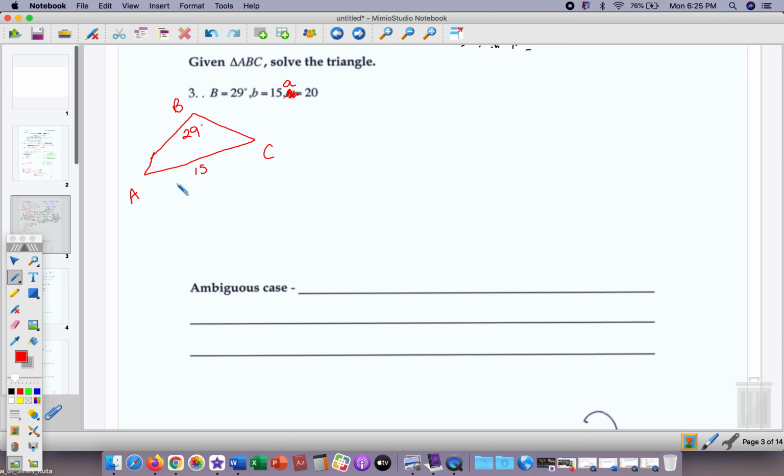A is 20. Okay, if we look at this from 15, as we go left from 15, when we start at one value, we have 15, then we hit 20, which is a side, and then we hit an angle. So we're looking at a side-side angle. Remember, these were starred. The possibilities: there could be 0 solutions, there could be 1 triangle, or there could be 2 triangles. So I always assume that there are 2 triangles, so I set them up